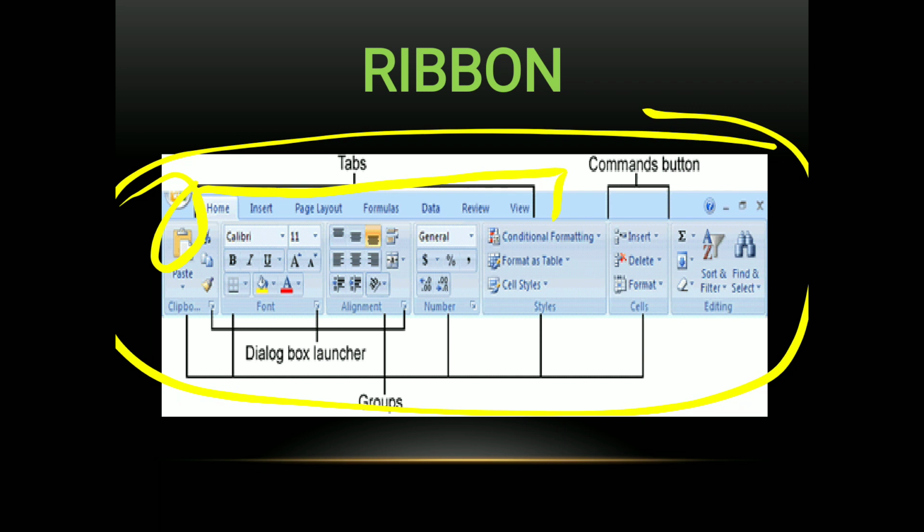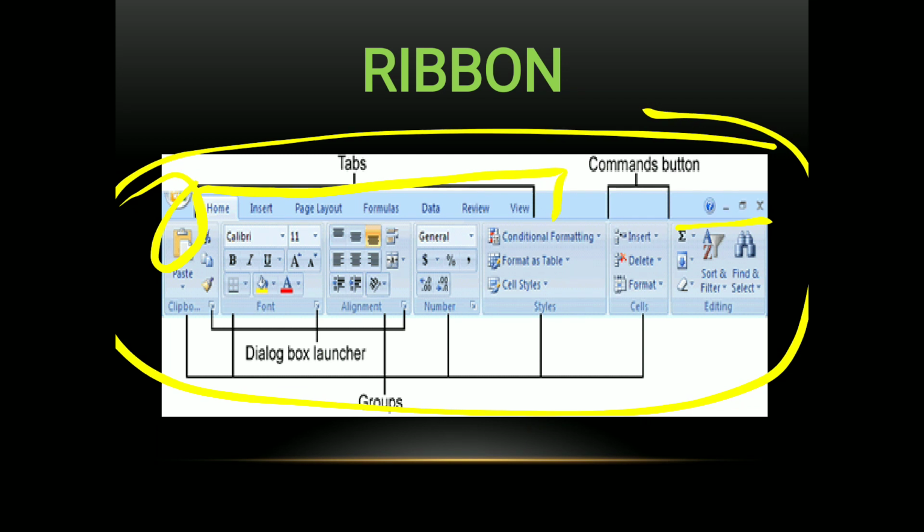On the right side below the control buttons, you can see here the minimize ribbon. This button is used to minimize the ribbon. You can expand the ribbon using the same button. And a question mark symbol is also there which provides help about Excel. Excel 2010 also shows 3 control buttons here so that you can minimize, maximize, close or arrange individual workbooks if you have opened more than one workbook.